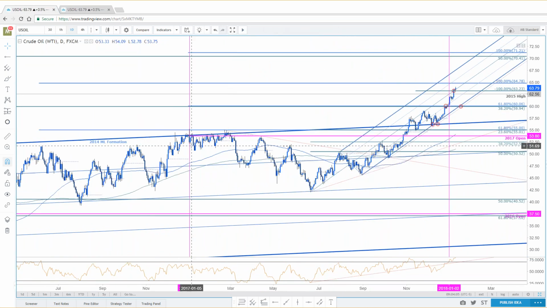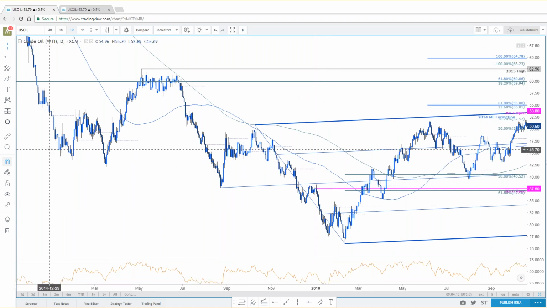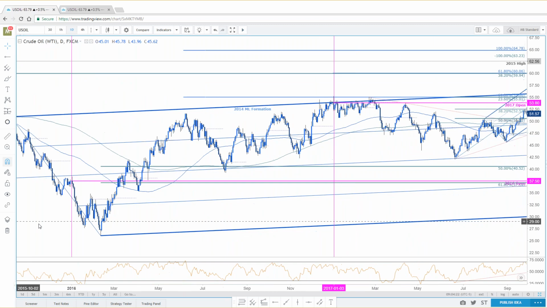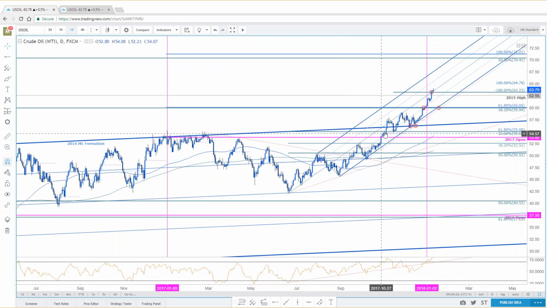Last January was kind of a wash for crude, actually ended up the month lower. The January before that was actually a weak January for crude. So January is typically not a strong month, at least over the last 5 years running. So it's interesting to see that this breakout that materialized late last year is still carrying over into the new year.